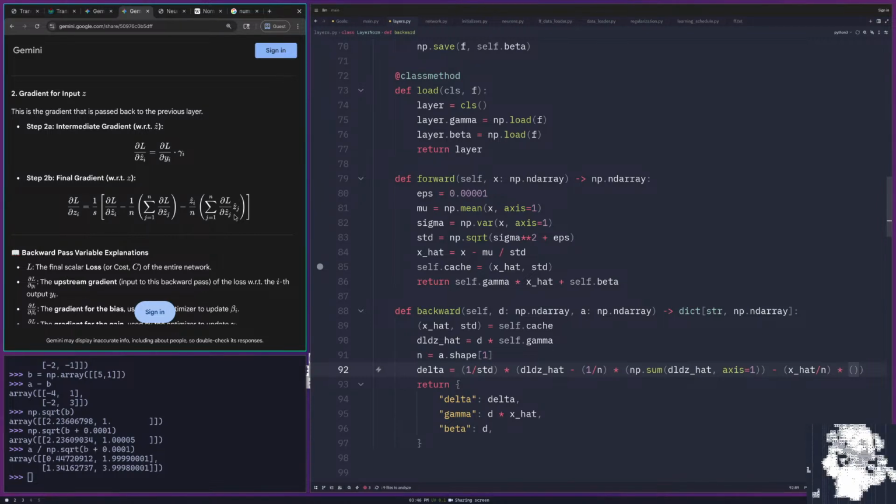So I don't think I can just take the z out and turn this into a z hat squared. So this is